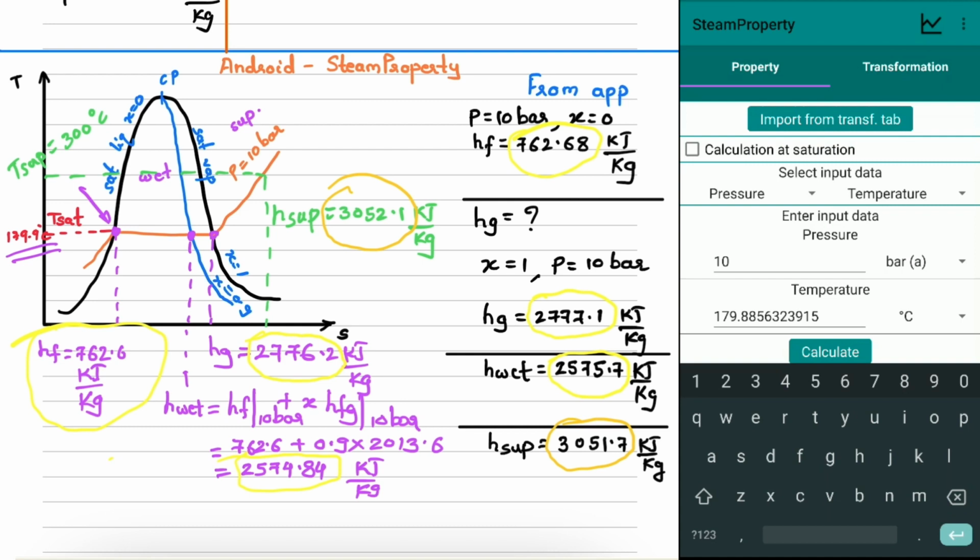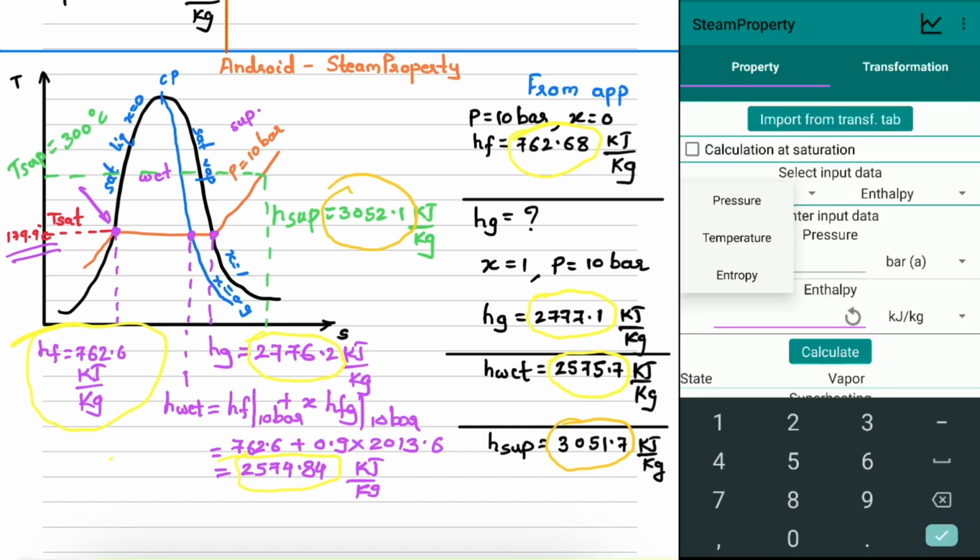Next we will uncheck the calculation at saturation, and when we are selecting first data as pressure, the second data can be temperature, enthalpy, entropy or volume. Okay, now the use of this one is, suppose pressure is known and suppose enthalpy is known. Now suppose we are selecting pressure as the data and enthalpy as the second data, and pressure is 10 bar absolute, and suppose the value of enthalpy I am writing as 5000 kilojoule per kg.